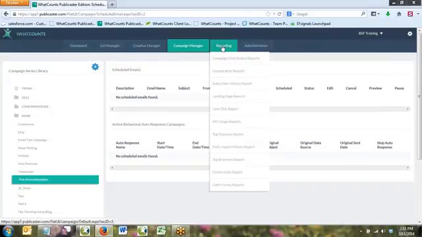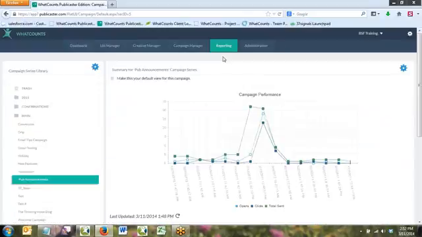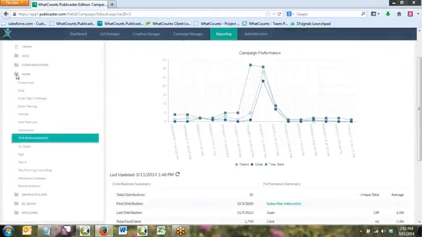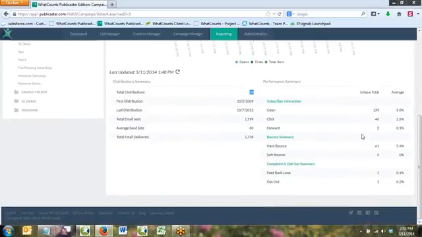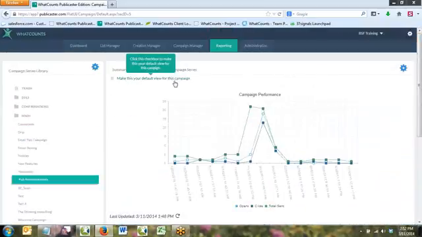Once we're done here. But the campaign distribution reports, does that sound familiar? Campaign distributions, individual distributions are grouped within campaigns. So here is a folder. There's a main folder, and in that folder, these are all of the campaigns in that folder. Pub announcements is a campaign. So individual email distributions are associated with this campaign. We actually have 30 of them. 30 individual email distributions are associated with the Pub announcements campaign. This is the aggregate number over here of all 30 of those particular individual distributions. This is the summary